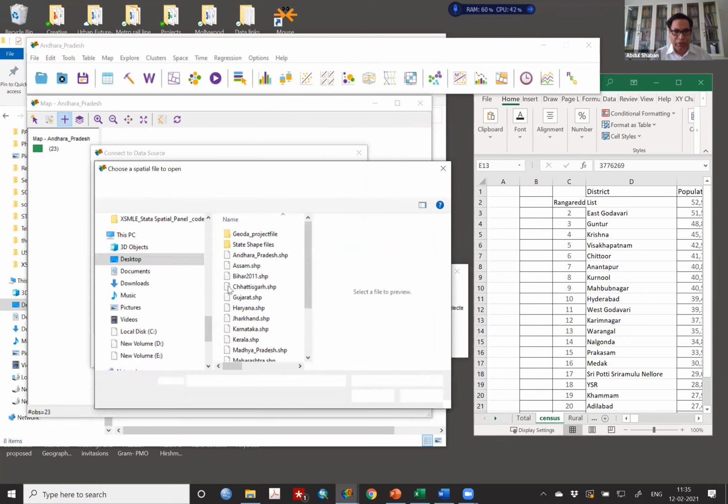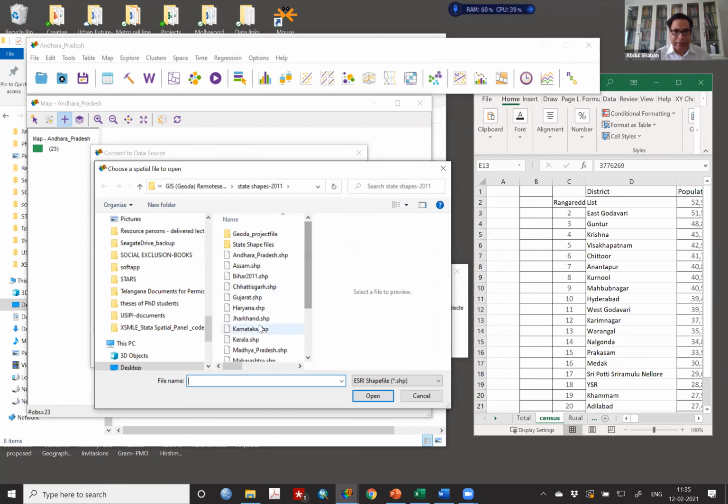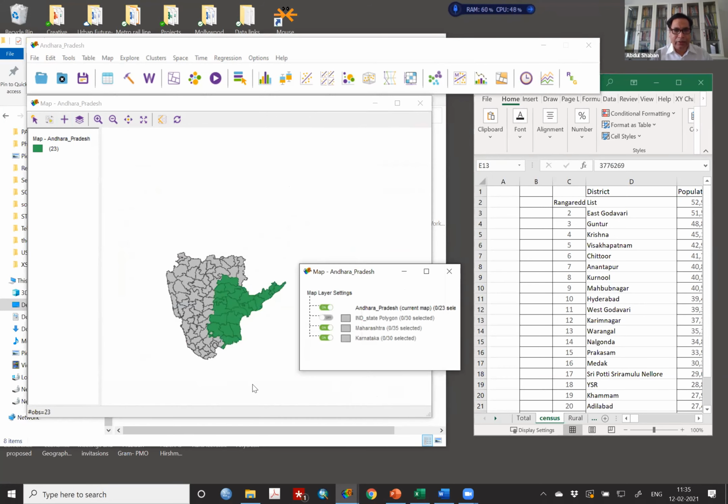It is an Esri shape file, so you can create that, the possibility is there. If you put Karnataka, look, now this part of the district is complete. Andhra is first, then Karnataka has come, then similarly you can add Tamil Nadu. But for you it is just for demonstration purposes, so just experiment with it, but do not do much more, because you will not be needing it, unless you have a problem of creating district-wise maps of, for example, some southern states.